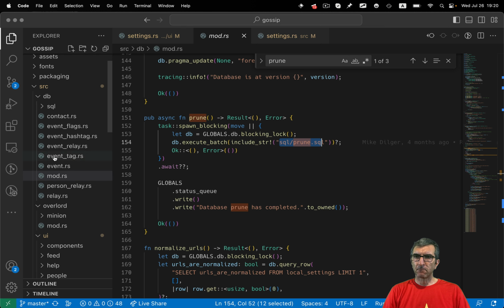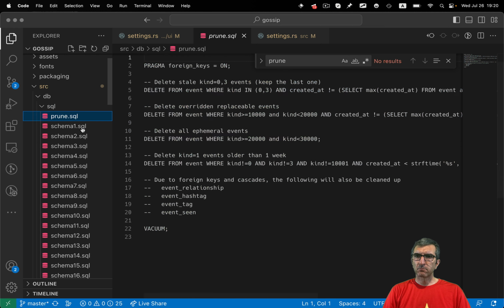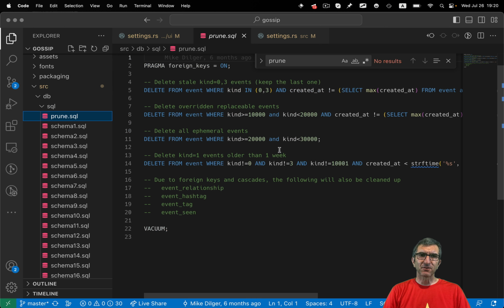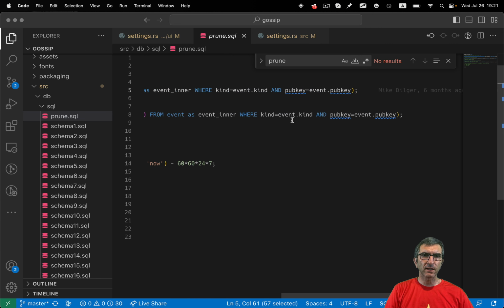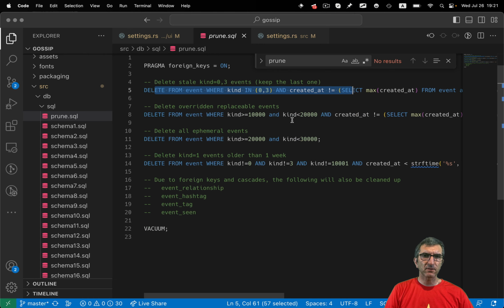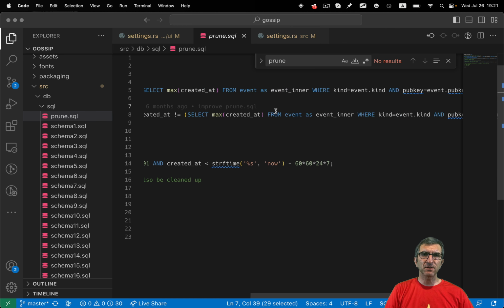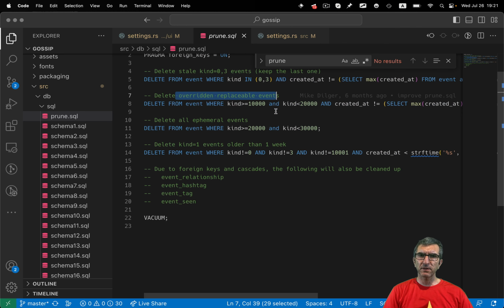Let's see. SQL prune SQL. This is what prunes the database. Delete from event where blah blah blah. Okay, no date. Then it deletes overridden replaceable events without any time specific.